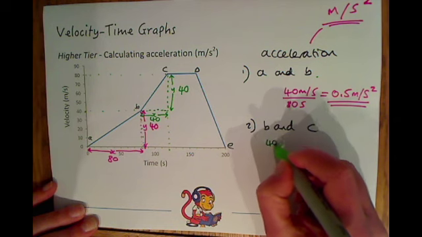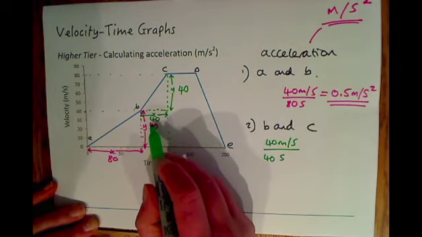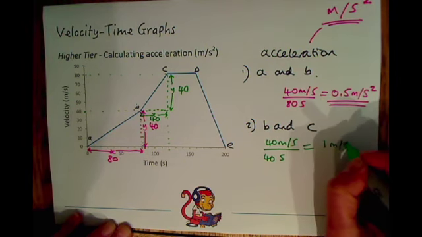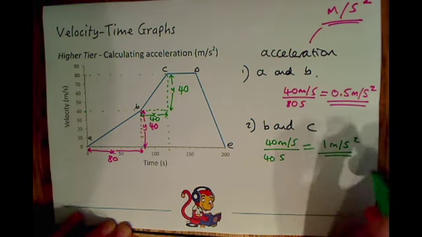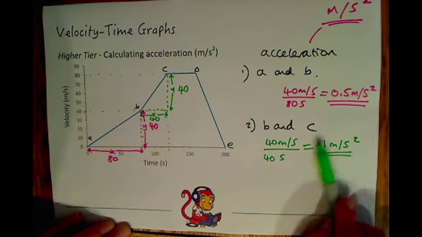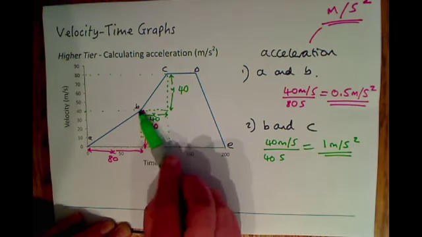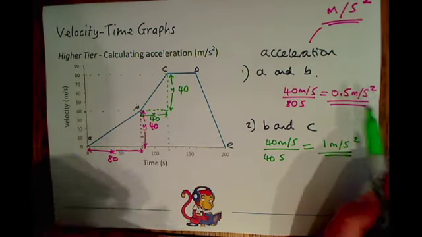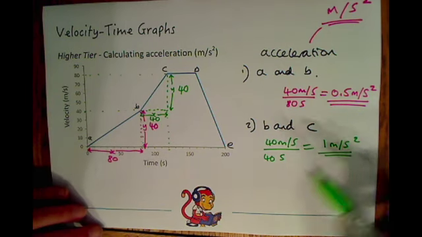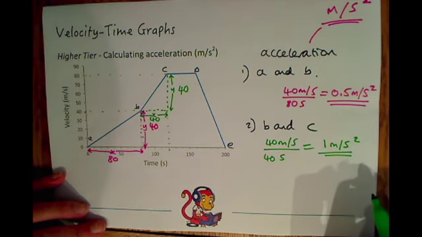So here we've got 40 meters per second for the y value divided by 40 seconds for the x value to give us an acceleration of 1 meter per second squared between B and C. And you can see, because this is the steeper gradient, this has got the higher acceleration of 1 meter per second squared, compared to between A and B where the line is slightly shallower, we've got an acceleration of 0.5 meters per second squared. And calculating the gradient links into an equation which you'll get on your equation sheet,